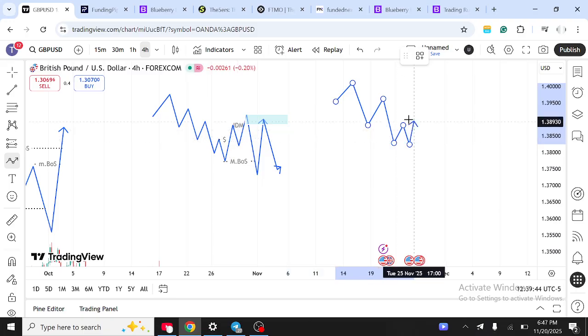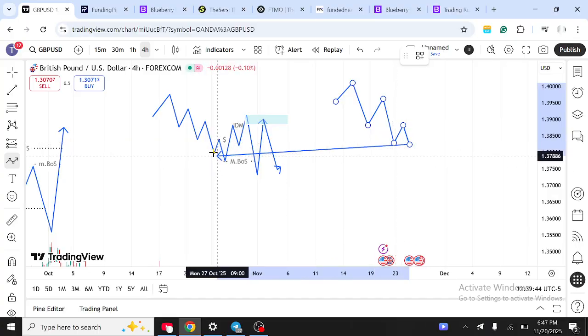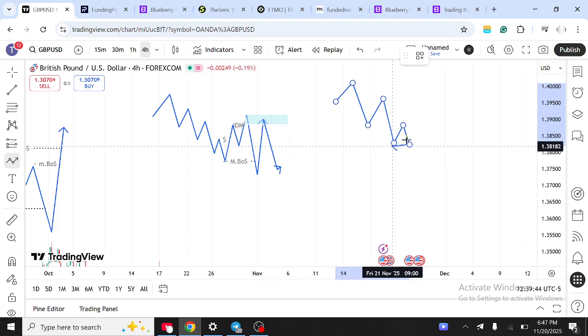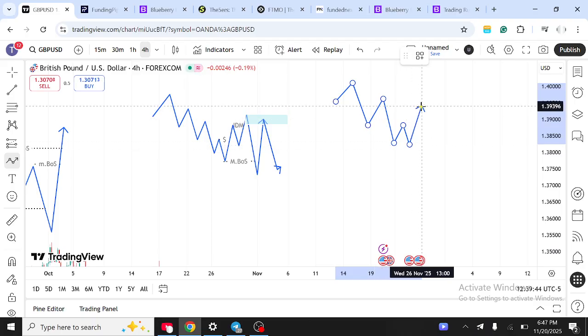But this one, they are not going to name this high as their change of character because this is not a break of structure. For this one, it is a break of structure. Okay, but this is not a break of structure. All right, this is going to be equal lows, either with a wick or with a body, but it's going to be very visible that it is equal lows. And what will the market do? The market will come here and close and take out this high here, which will now be a sweep of liquidity. Do you get? And when that happens, the market will come down,